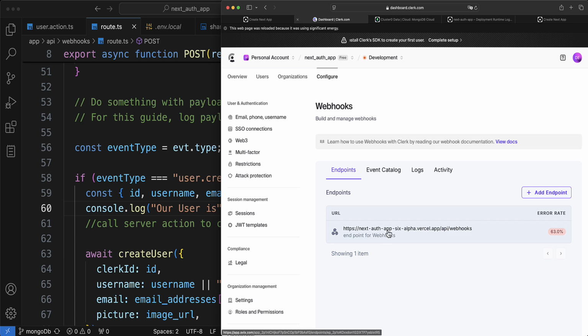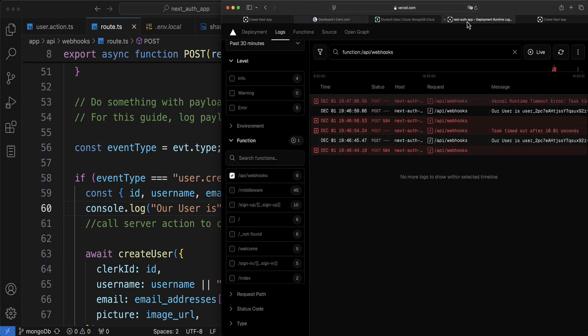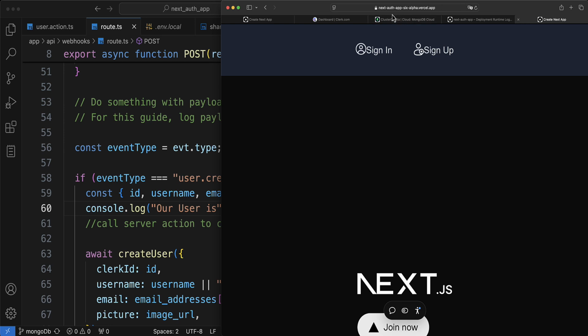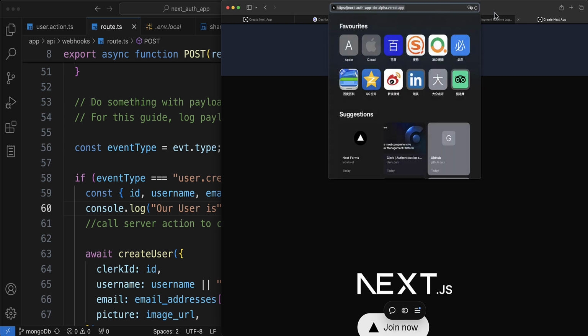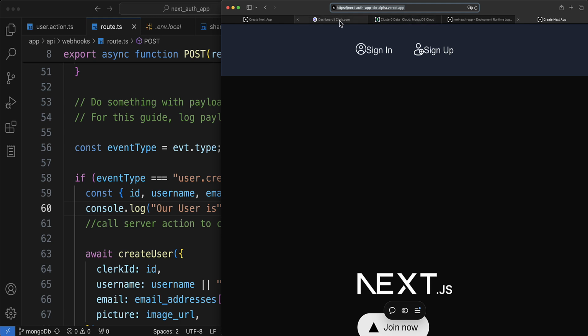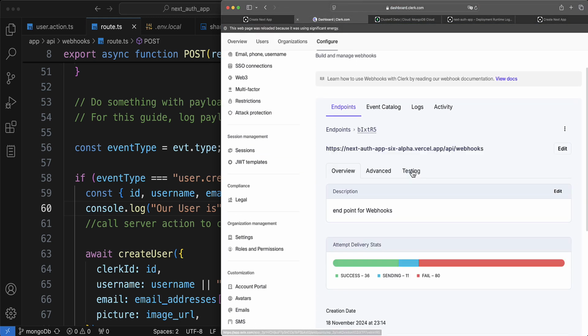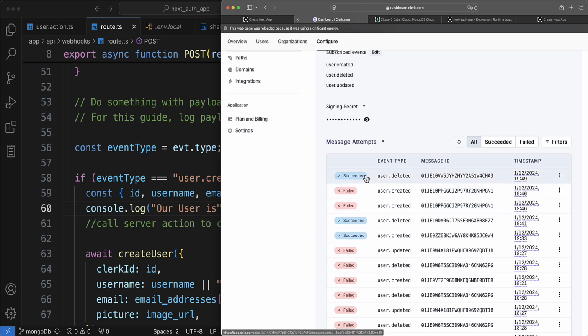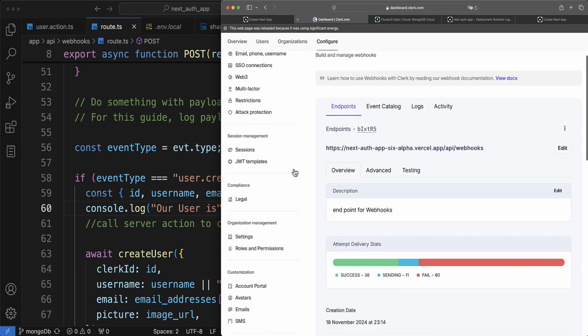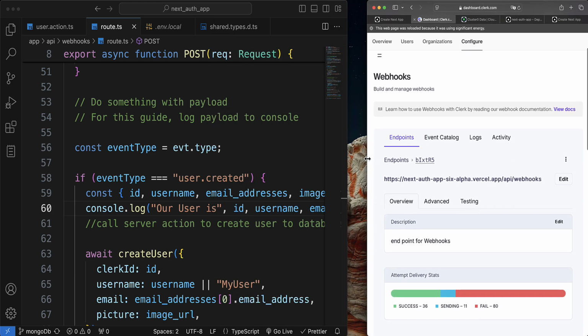We're having next auth app 6 alpha.vercel. Let's make sure it's the same thing we have here. next auth app 6 alpha.vercel.app. Yeah, we'll have the correct thing right there. And let's click here to see some of the messages we've received. So you can see we have succeeded, user deleted, failed for user created, failed for user created, and all of that. Okay. Now let me minimize the browser's window one more time